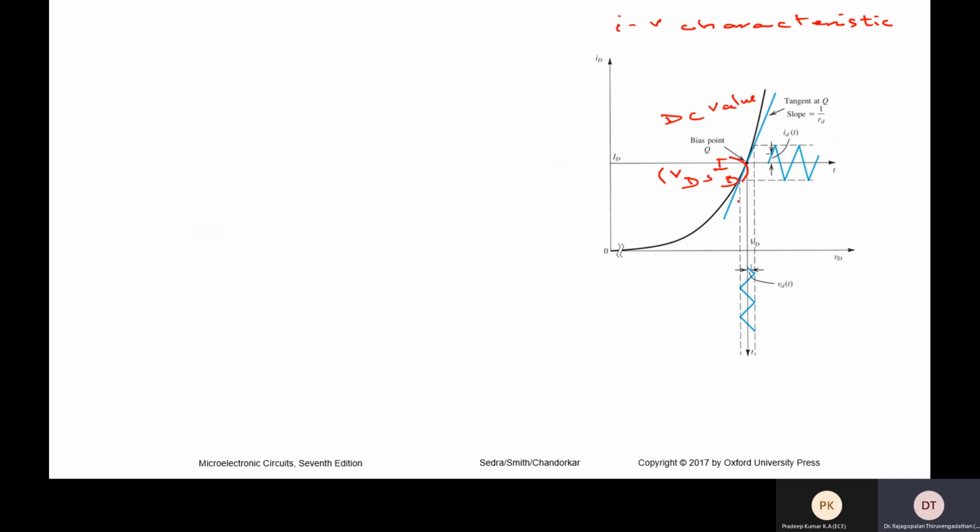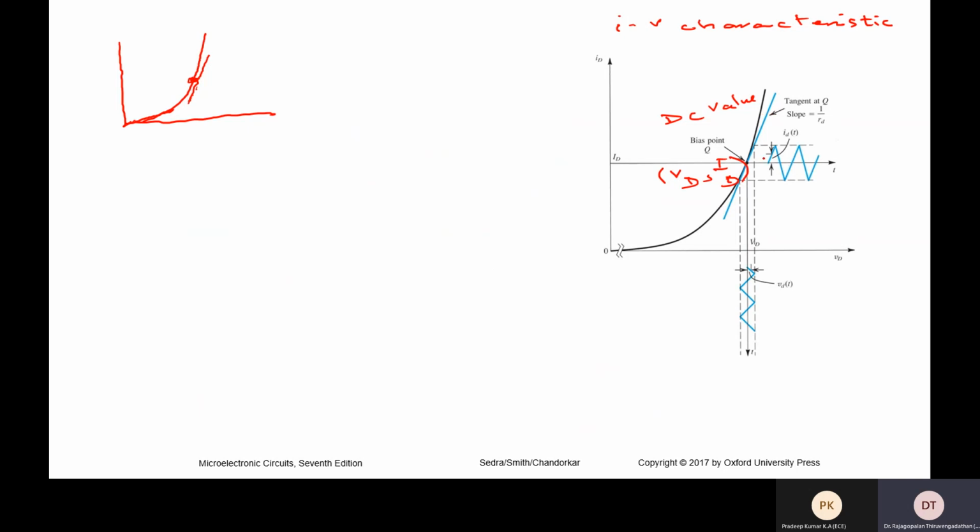Forget about this line. I will come to how that line comes. Let me explain over here. My drawing will be crude, but nevertheless you will get something out of it. So let us say this is my operating DC point. Now at this point what I draw is a tangent to this point. The tangent at Q is the line that indicates here.